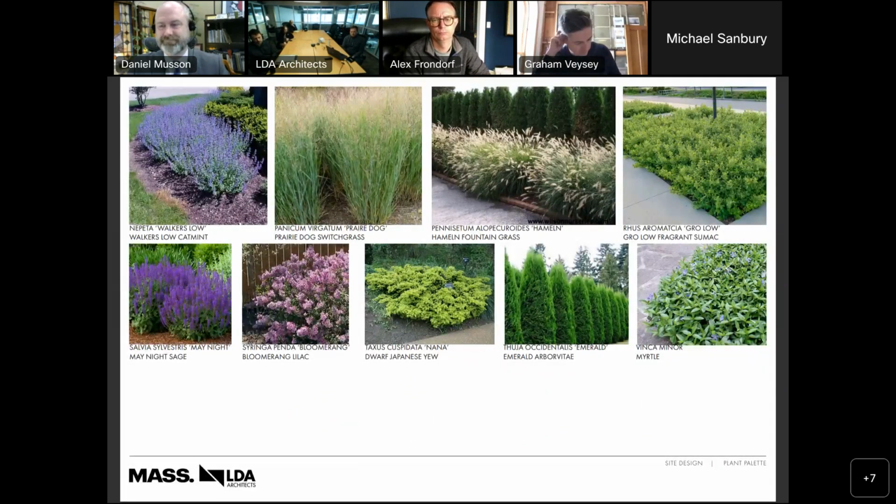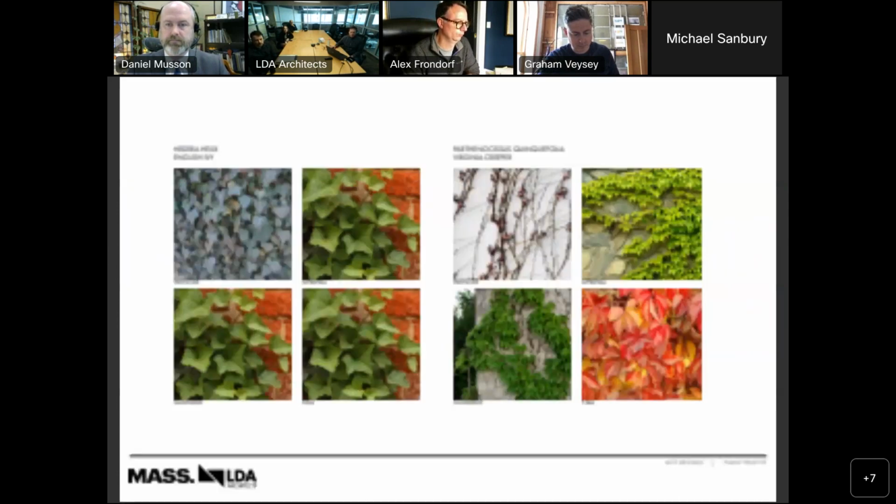The physical characteristics will provide four seasons of interest, as well as tolerate being in the urban environment. The landscape plan aims to help grow the urban tree canopy, providing 44 additional trees to the site. We are saving 6 trees along Detroit. And this will not only provide value to the environment, but also the community. Go to the next slide.